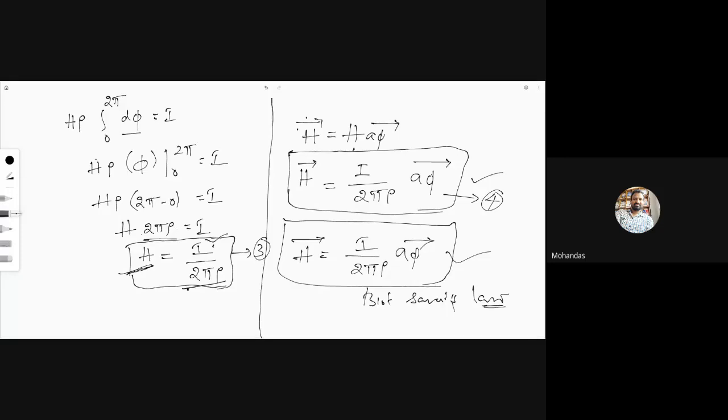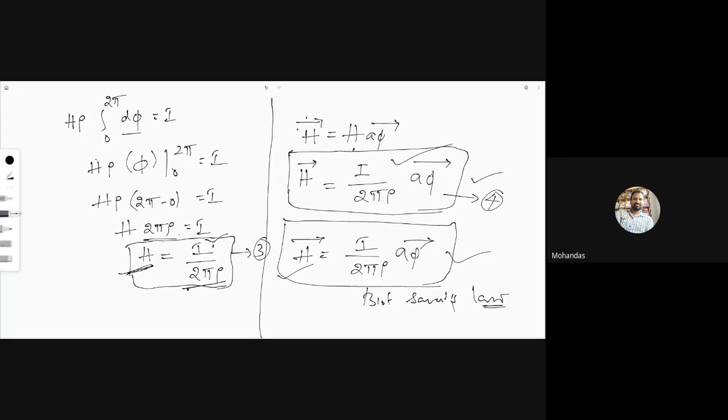In the Biot-Savart's law, you take a differential length dl and a unit vector a. Later we did a cross product, then we took a right angle triangle, and we substituted dz equal to something else. So after two or three pages we got this answer, but with Ampere's circuital law we got it within one page. That is the beauty of Ampere's circuital law. The purpose of Ampere's circuital law is to calculate the magnetic field intensity, but in an easier way.